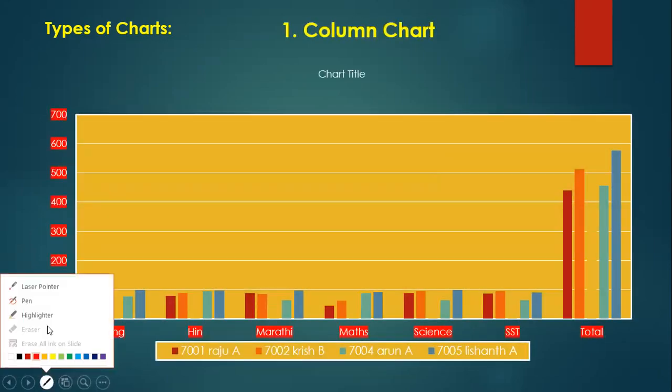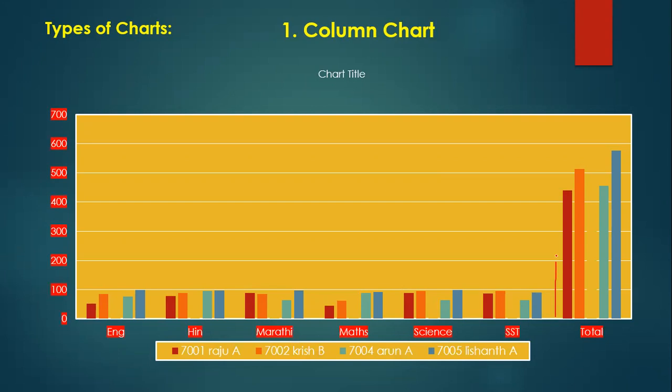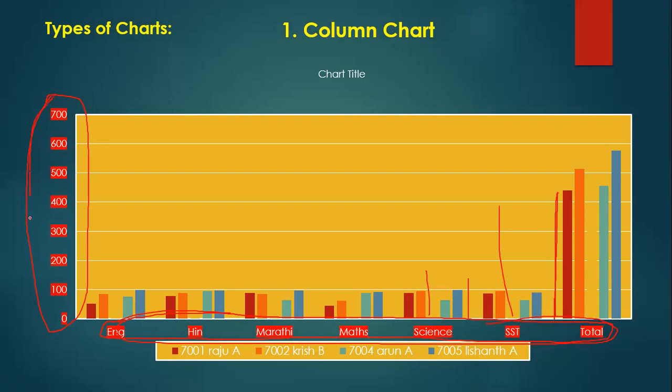If you observe in this column chart, the data series represents vertically. And the categories are represented on x-axis and the values are represented on y-axis. So here are only 3 points, that is data series represents vertically, categories represented on the x-axis and values represented on the y-axis, right?